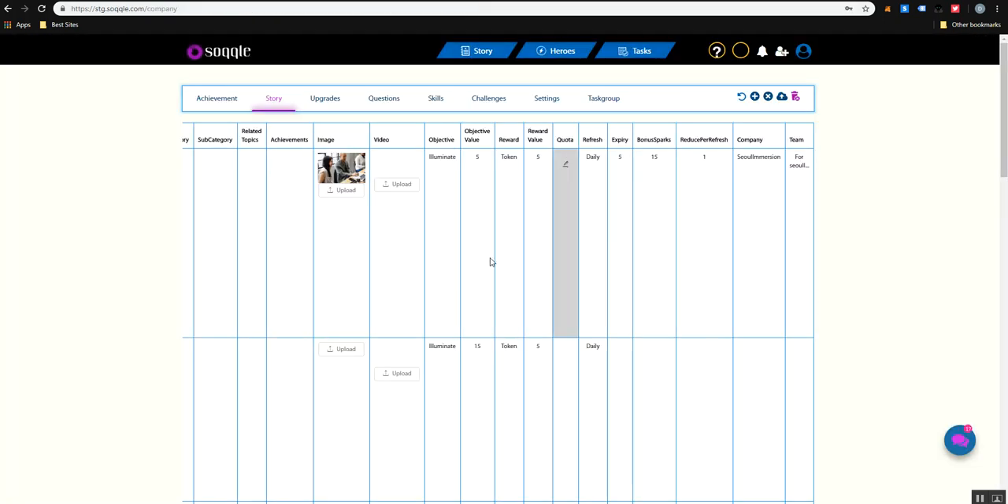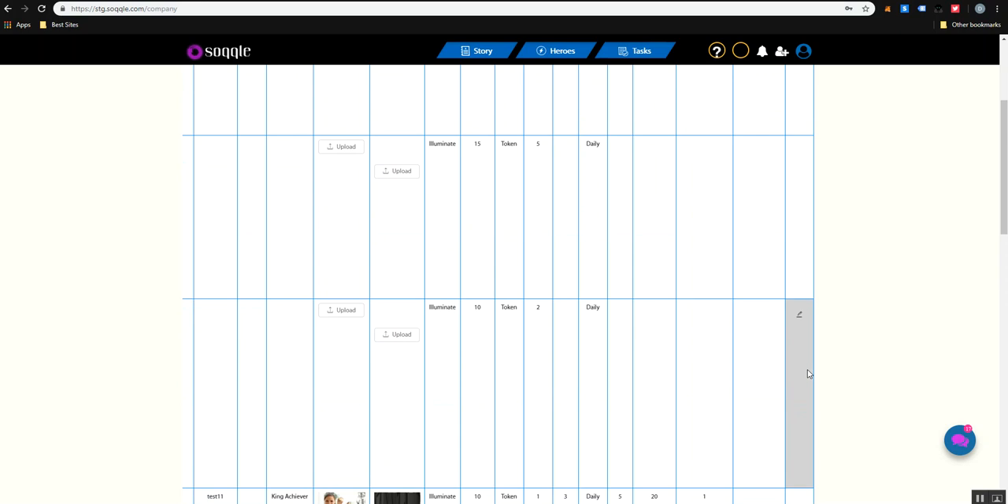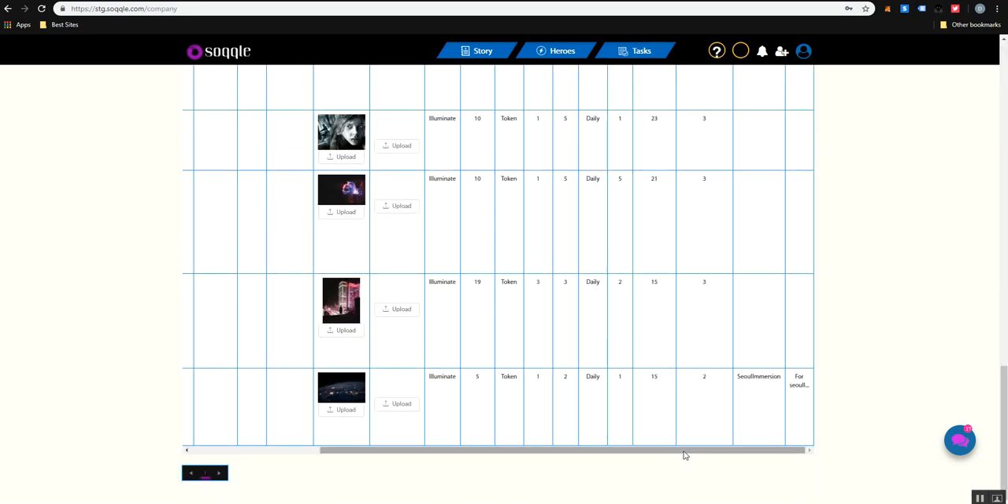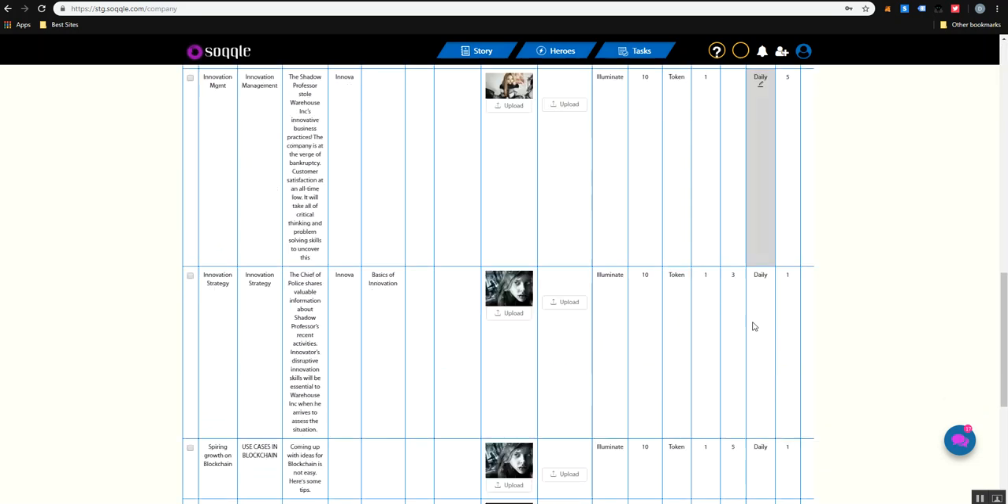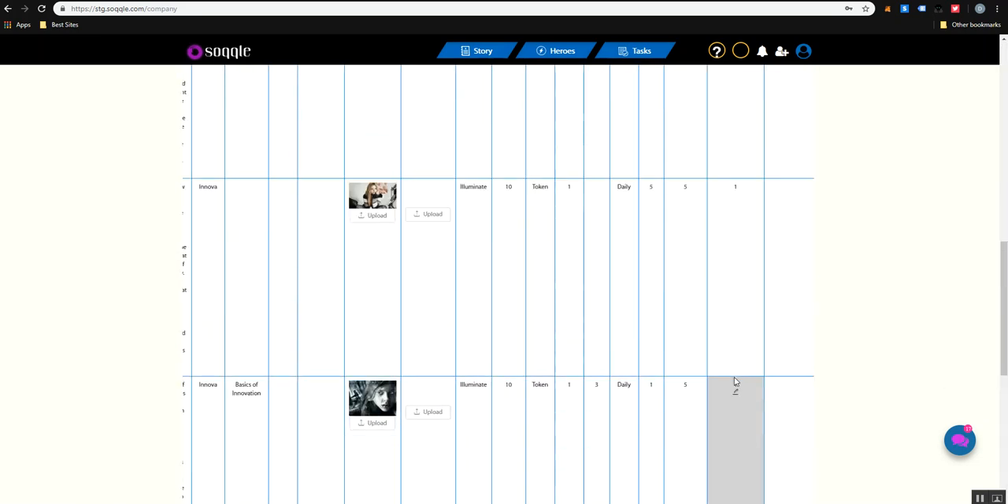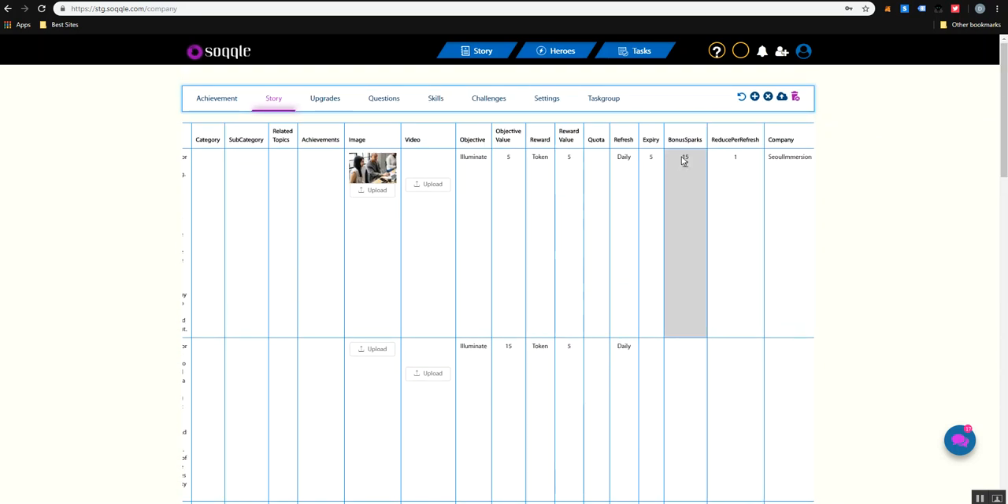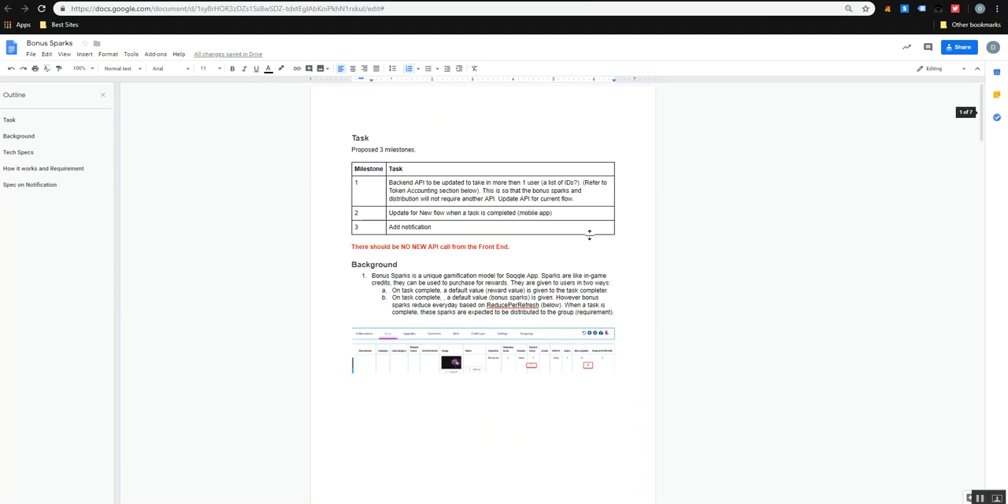Got that? So how are these sparks derived? If you go to the story page here on the top, this is the soccer STG, the staging website. You can see that there's this thing called bonus sparks here, which is defined in the story. So this is the story, and you can see that this R&D innovation actually gives 15 bonus sparks. Got it? So if I were to go through the requirement a little bit,